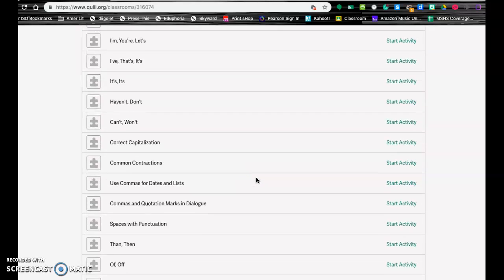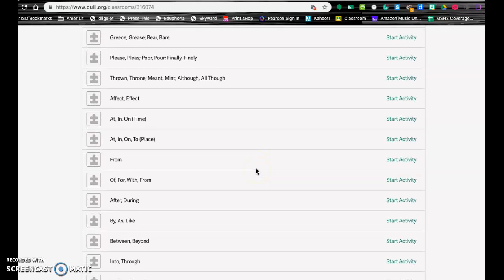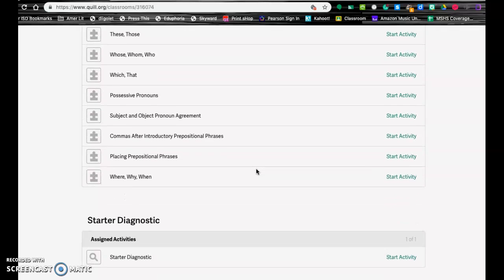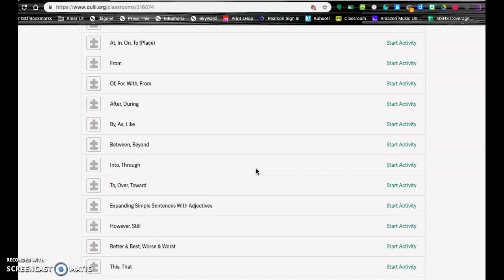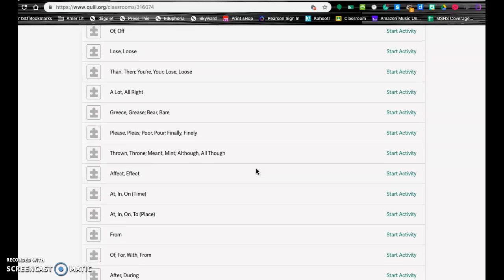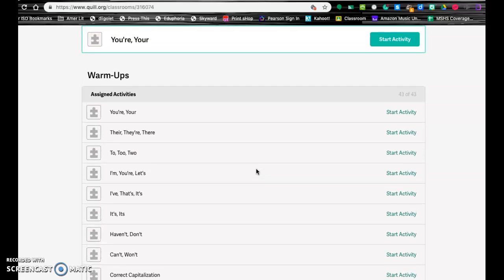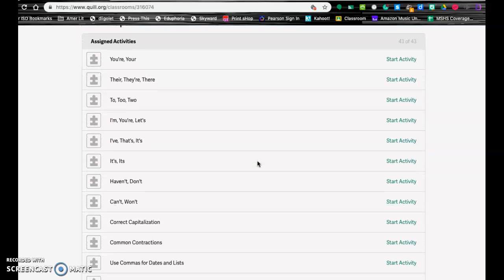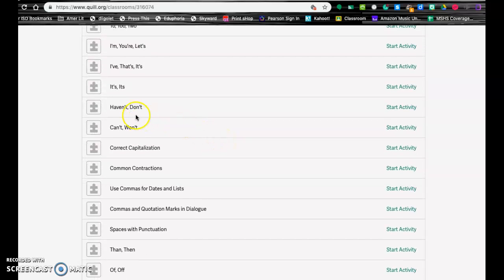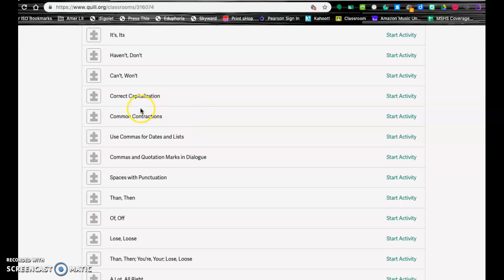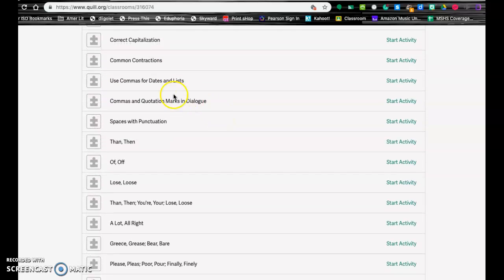So we have warm-ups. These are what you will do every Monday morning. It is a quick and easy warm-up that will be a daily grade, one a week. It takes 10 minutes to do one of these. And so these are anything from commonly confused words to conjunctions, to using correct capitalization, how to correctly use commas in things like dates, quotation marks,